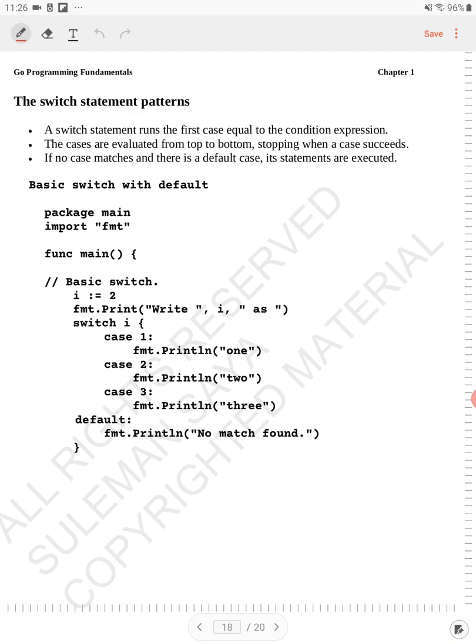That's what the switch statement does in any language, not only in Go language. You can do the same thing with an if else if ladder. So instead of using a switch statement, you can use if else if else,